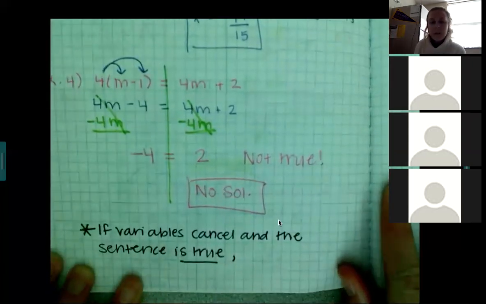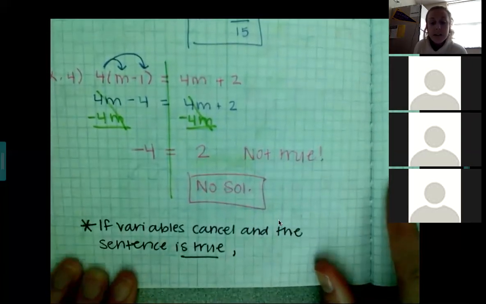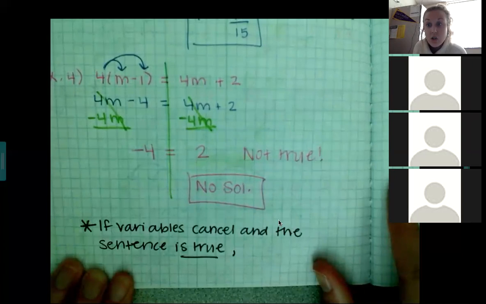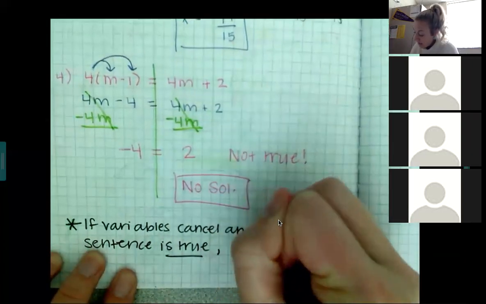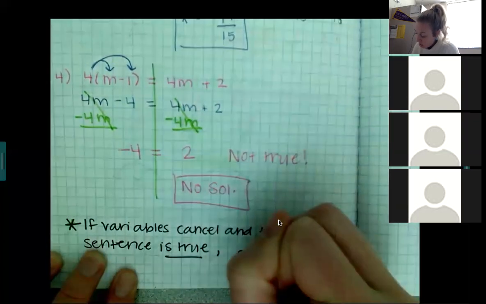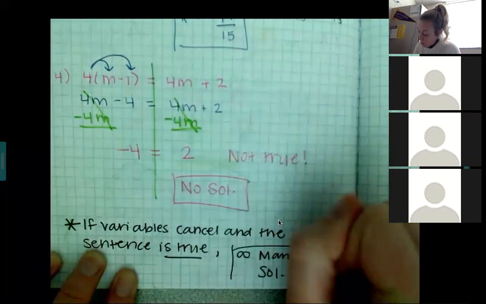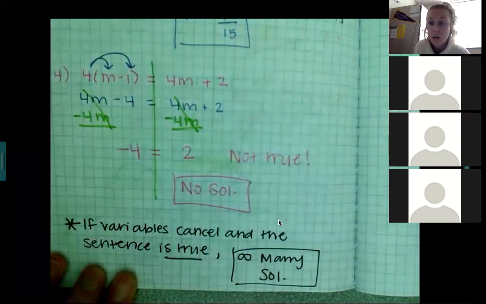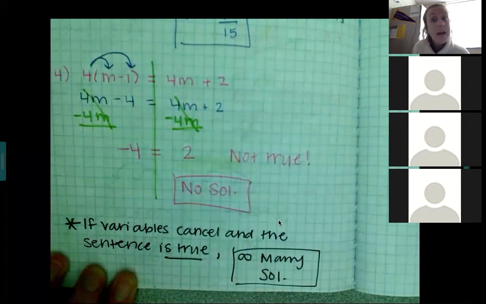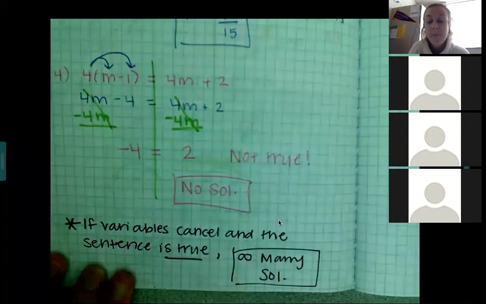Kind of. So if the variables cancel and your sentence is true, we call that infinitely many solutions, which means any number you can think of would work. Did y'all learn that in middle school? Yeah. My teacher just put many solutions. Many solutions is perfect, Gwyneth. You don't have to put the infinity sign, but technically it's called